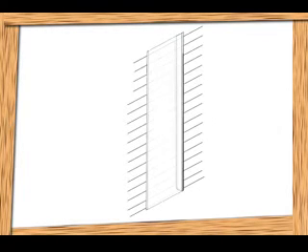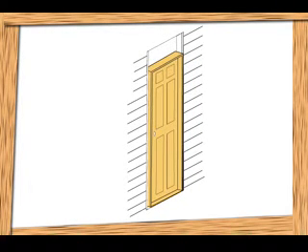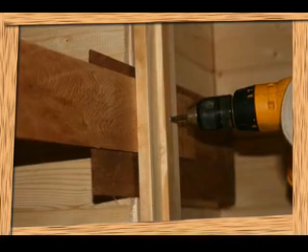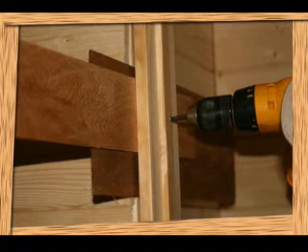When installing exterior doors, caulk T-jambs and trim the same as windows. With the T-jambs attached, place the pre-hung door in the opening. Shim the door jamb until the door opens and closes freely without binding. With the door opening and closing freely, screw the door jamb to the T-jambs.